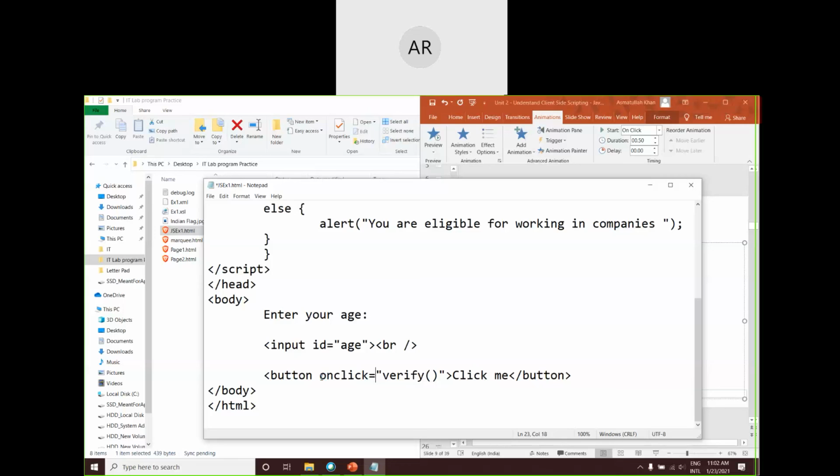It says on the clicking of the button, what functionality should get executed. That functionality's function name is to be mentioned here. We are mentioning the function name, but we have not yet defined the functionality. We are going for that definition. And what should be displayed on the button? Click me. We are closing the button. Is it fine, Kavya?